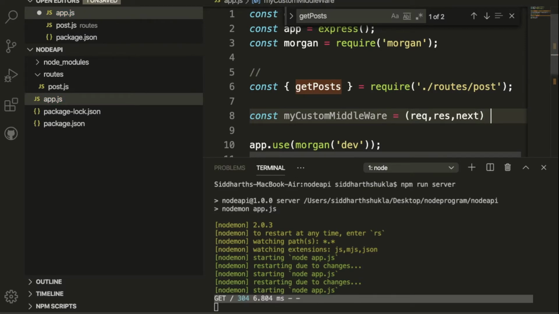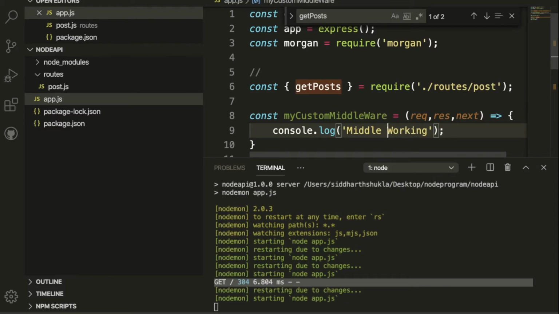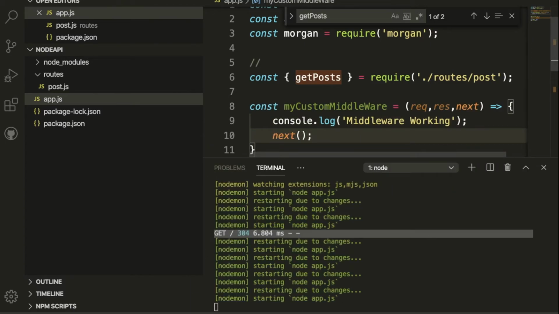Once the request and response are applied, we forward to the next method. Now I want to use console.log, and inside the console.log I am going to put middleware working. For the next process I'm going to put next, so this method will call directly the next process.